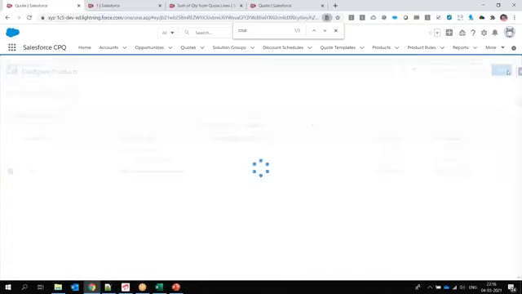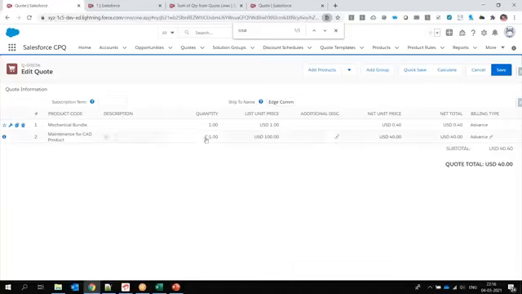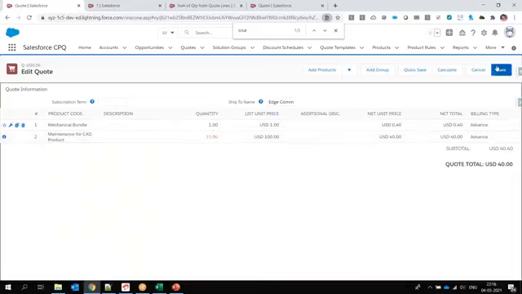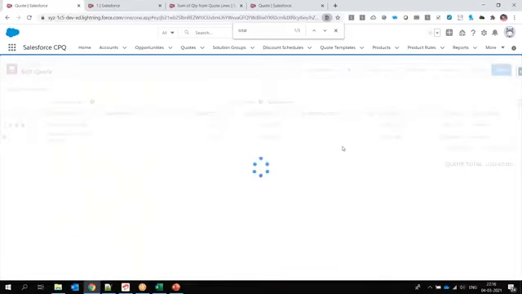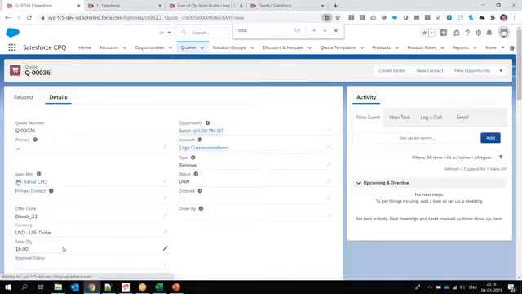If we add the same product again, I will just change some quantity so you'll understand more. Suppose I have 15 quantity here and let it be 1. So a total of 16 quantity should be displayed. Right? So your total quantity is updated to 16. Let me repeat the steps of how we did that. We created a field on the quote object